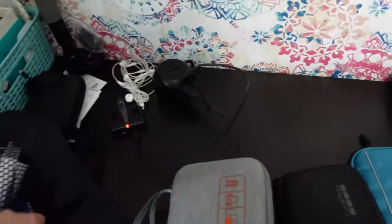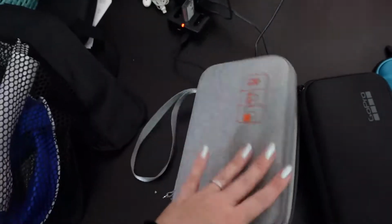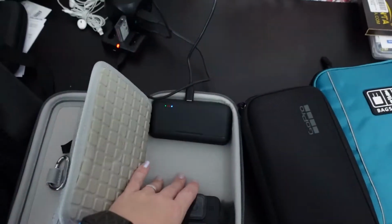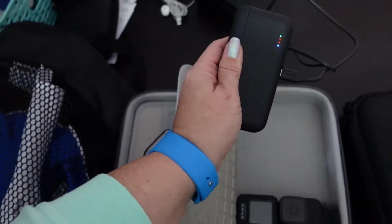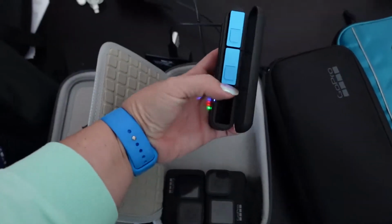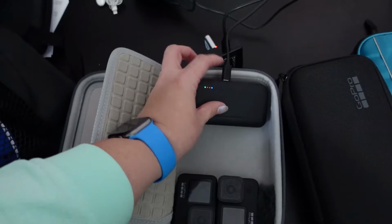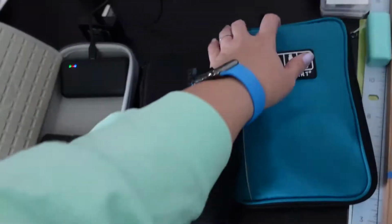All right, so I've got a battery charging, so this stuff is not ready to be packed yet, but I have a tech case that holds my 2 GoPros. There's a space here for the camera that I am using right now. This is the battery charger, or the battery case for my GoPros. It holds 3 at once. I only have 2 that need charging, so that's why they're only in there. It's nice and slim so I can put it into a pocket, and I can charge this on the go